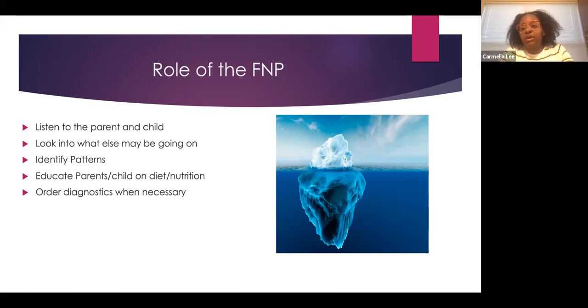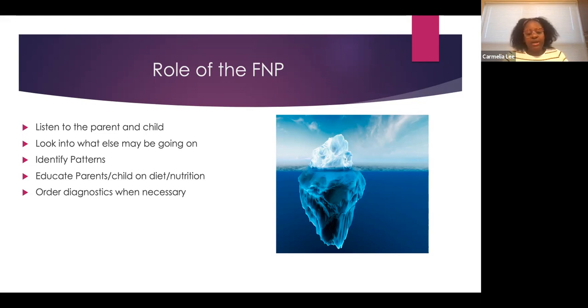Look at what else is going on in the home. Is there a change in the school situation, home situation? Are there financial burdens that have changed the way the child eats? You want to identify patterns. You may notice a pattern of, when they're going to family's house this week, they're fine, and they always come back after a visit with mom with this condition, or they're great during the summertime, and then when school starts, or when they go to this camp, you notice this problem. So you want to see if there's any patterns in any of their things.